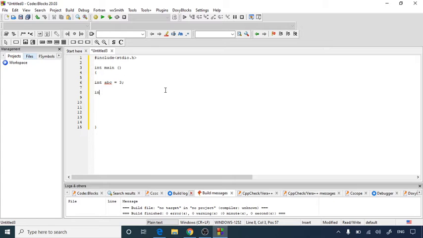Then I am going to declare my array, int arr[], and we are not putting any size because we have used a size of 3 only. So int arr[] = {10, 20, 30};